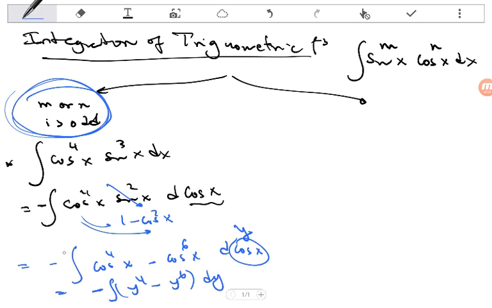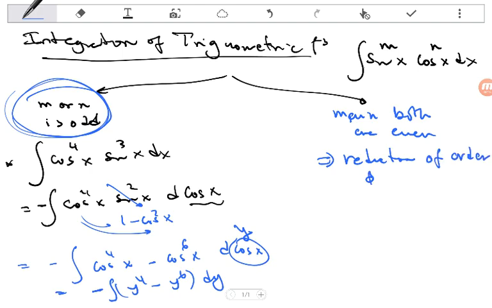Okay, this happens for any integral which has some power of them odd, with these similar steps. The other case, which is a bit harder, is when m and n are both even. If m and n are both even, I must use reduction of order formulas,